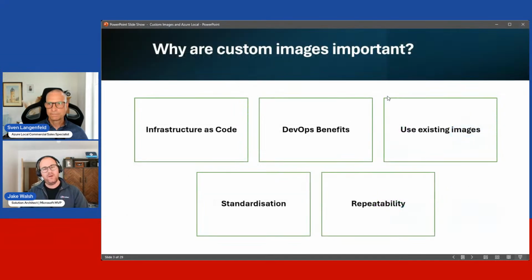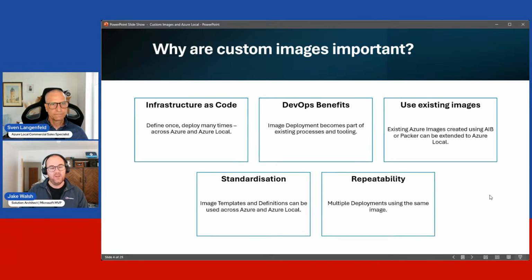So, why are custom images important? What do we gain by using custom images with Azure Local? Why would we not just spin everything up? I need to build a server, I need to build a VM to host this workload, whatever that may be. Why would I use a custom image to do that? And for me, there are lots and lots of reasons, but I think it boils down to these key five. So from an infrastructure as code perspective, I've used Packer, which I'll show you in a second, to